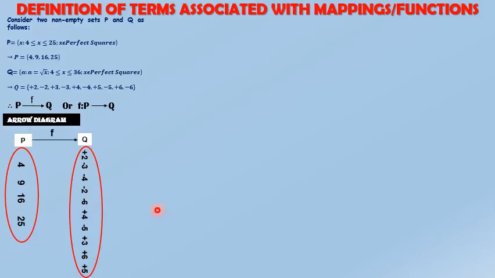Now, what's the rule that connects them? So we have rule F. So the rule F here is the square root of each member of P to produce Q. So with this arrowhead now, look at the direction of this arrowhead. It simply means I'm setting my P as the input and my Q as the what? As the output. So based on this rule, and I said this rule implies square root